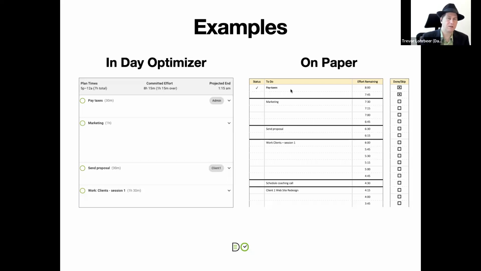Now, say I do this out of order, because on the optimizer, I can drag and drop, but you can't drag and drop on paper. So if I do the proposal next, what I would do is I would do 2 more X marks for these 2, because the proposal is 2 15-minute blocks. And now how much time do I have in my day? I just come over here and I look, 7 hours left in my day. So I can always know exactly how much time I have left in my day and see how much time I've allocated to everything. And this gives us a visual representation of the amount of time I've allocated to all that.